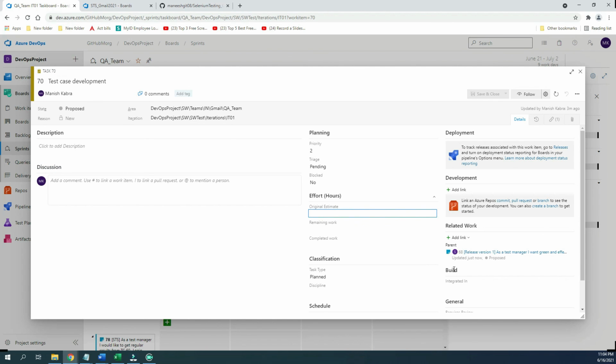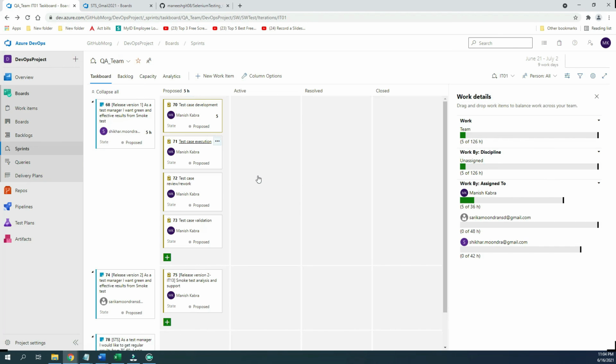Let's say they feel this activity can be finished in 5 hours. They fill it in, and once they start filling in these hours, it starts getting burned. This requirement has moved to Shika Mundra, but the test cases also have to be moved to Shika Mundra's name.